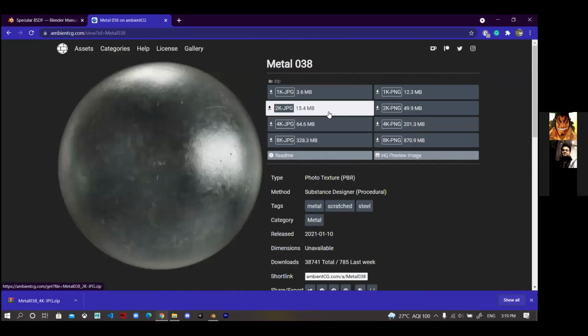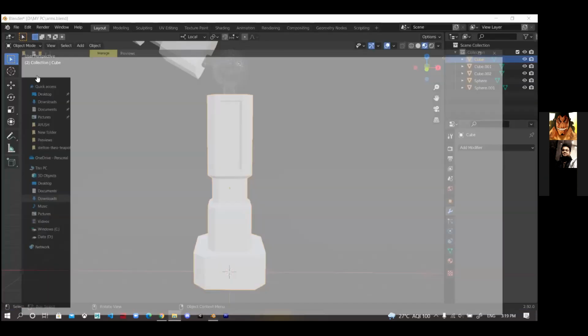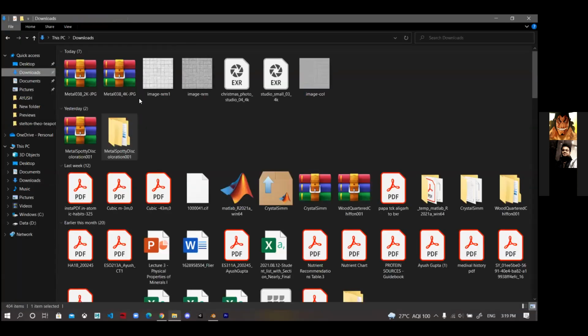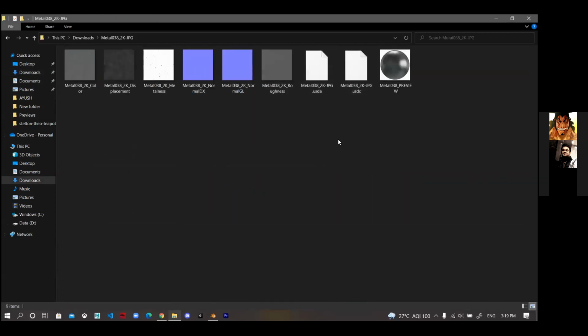Add this one. Yeah, these are the different images. We will see what all these different images mean.